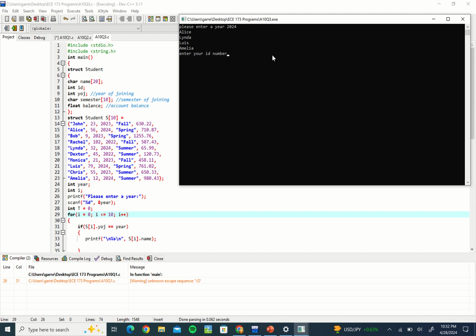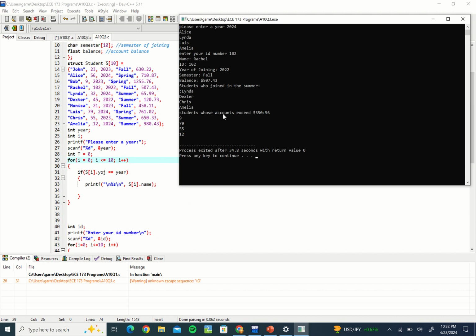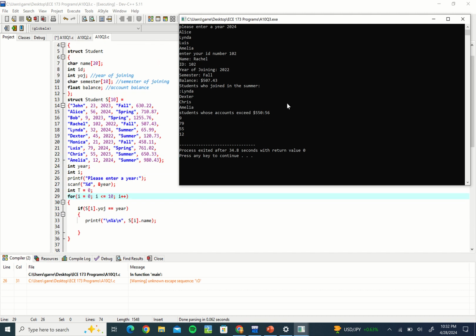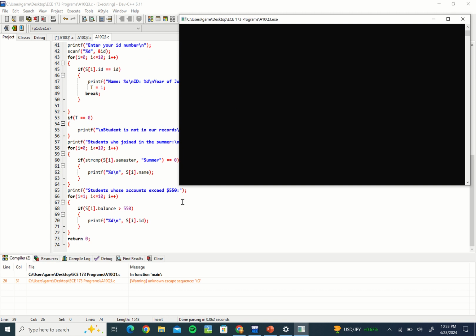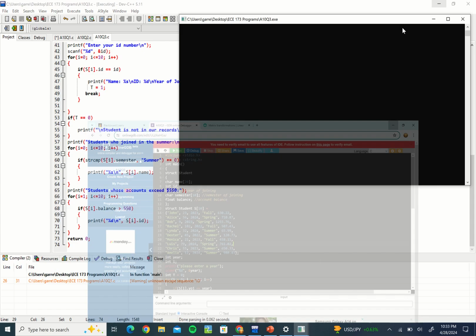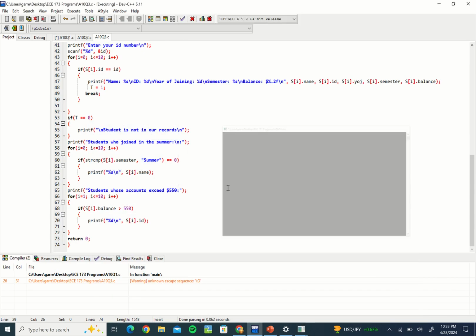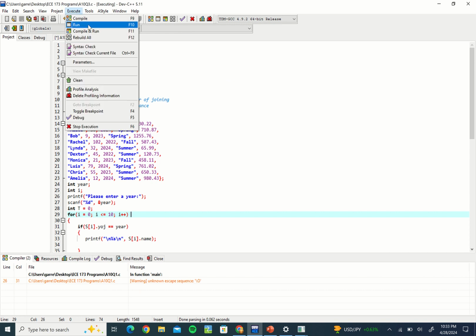And then now for the ID number, let's say we want to do Rachel. It'll give out that, and then the rest will come out since that's the end of where you really need user input. But all of the information will check out, and then I'll run through it one more time just to... Oops. Is that supposed to be ID? I don't have it pulled up. Yeah, I'll run it one more time here just to